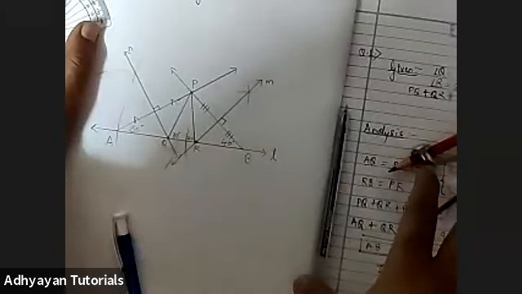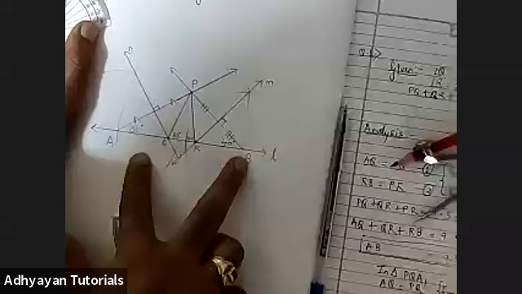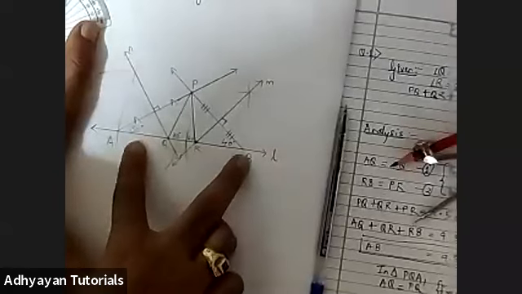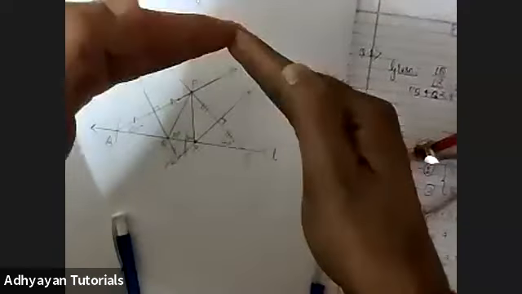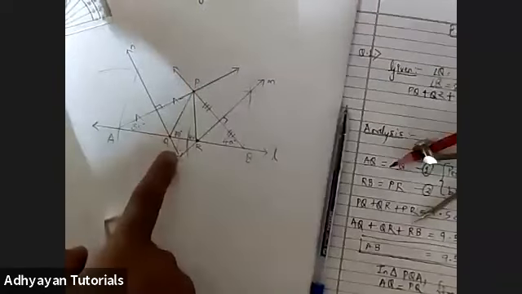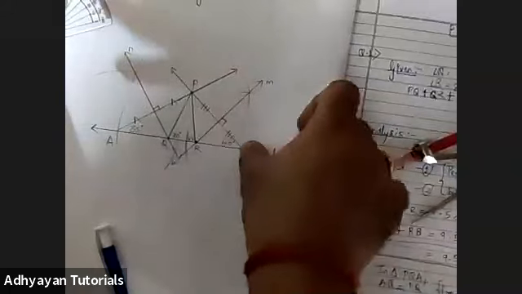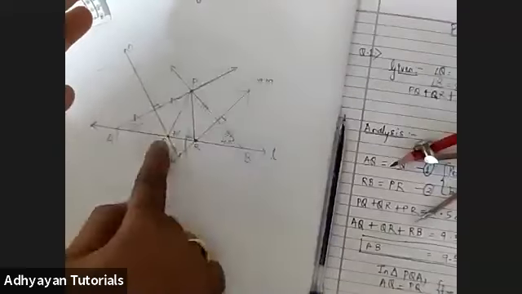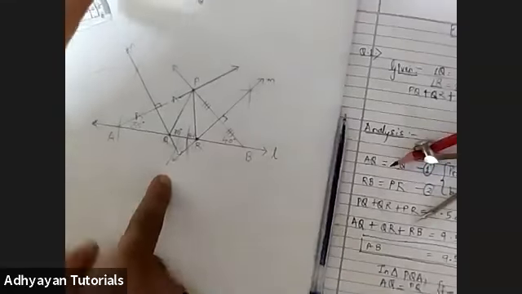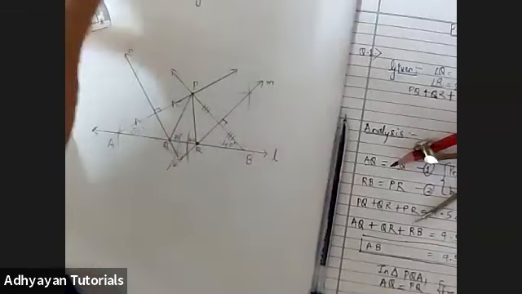I won't be explaining the analysis part again, but yes, the steps to construct this triangle. We first draw AB, 9.5 centimetres. After drawing AB, we drew a 35 degree angle from here and a 40 degree angle from here. They meet at a point P, right? Once we have located point P, we drew the perpendicular bisector of AP and the perpendicular bisector of PB. How do we draw a perpendicular bisector? Place the pointer on B, take more than half, and draw an arc here and an arc here. In the same style, place it on P with the same measure, draw intersecting arcs and draw the line. So we get points Q and R. Then you just connect those points to construct the triangle.